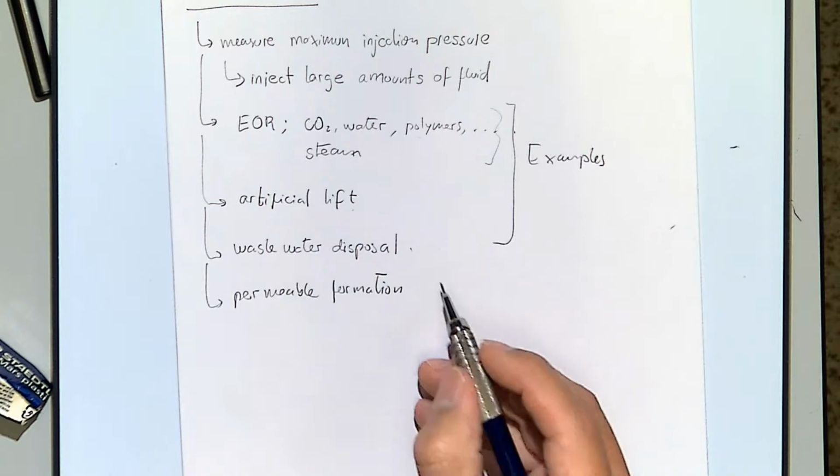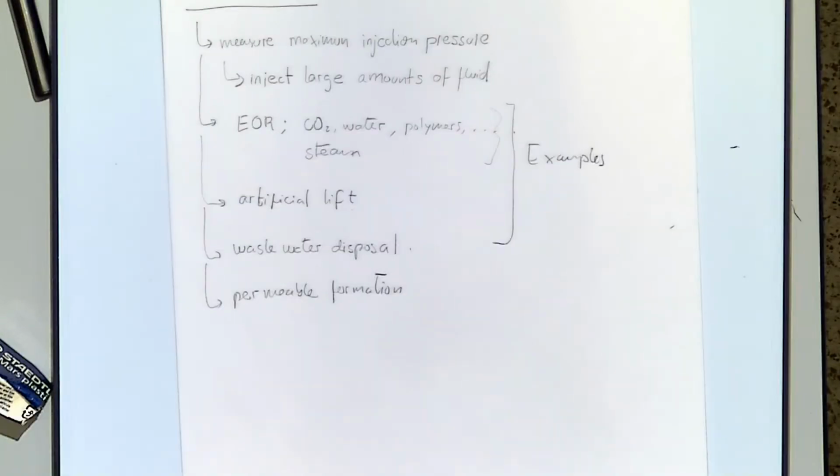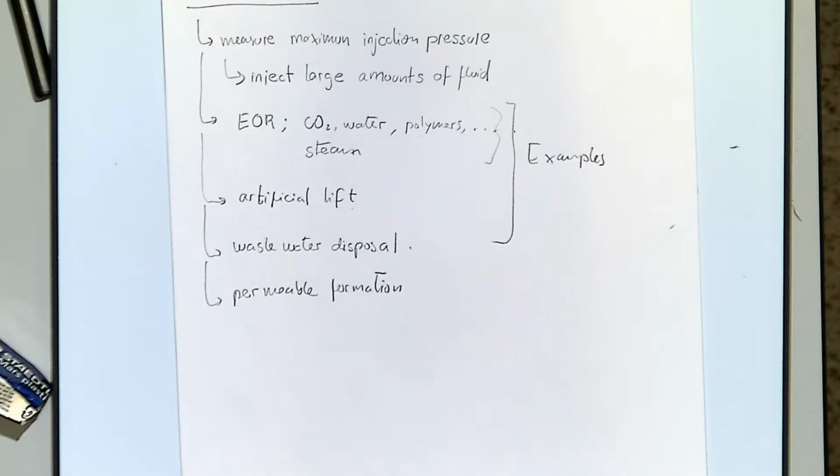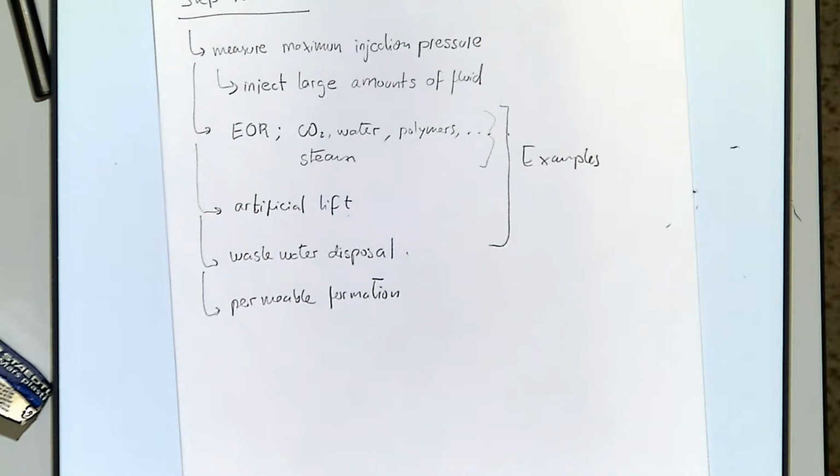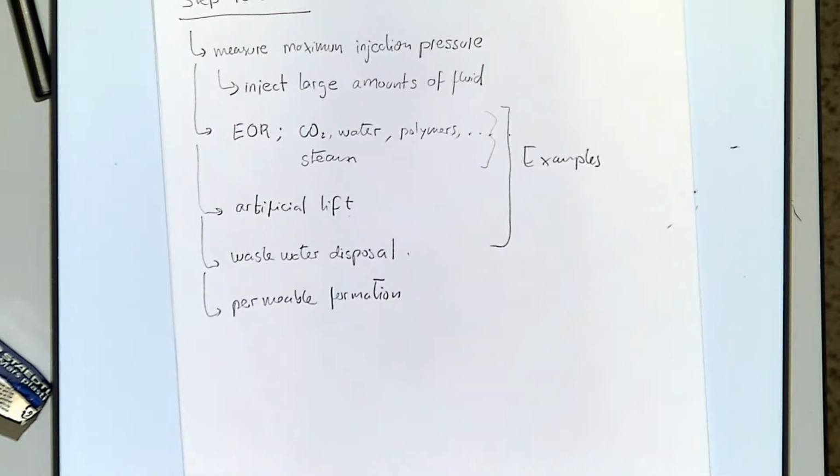We didn't say why this one was problematic. What was the issue with wastewater disposal? Is it causing earthquakes? Because if your pressure goes too high, we have already seen that, what happens to the faults? You lower the effective stress, faults slip. And that slippage may cause earthquakes. And that was happening in Oklahoma. But now they are controlling that,